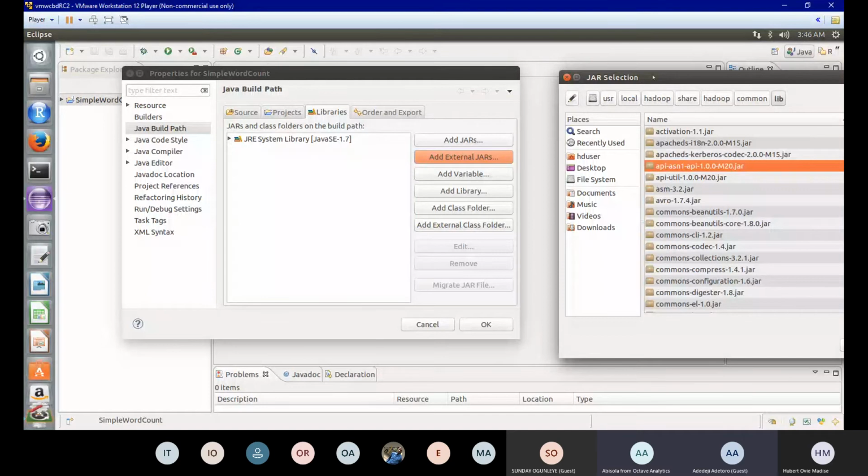Can you go back? Cancel that prompt. Go back, right click on simple word count again. Let's see if it will bring the same error. Then go to build path, then go to configure build path. Then after doing that, click on libraries first. Navigate to libraries tab. Have you navigated to libraries tab? Yes. Okay. Can you see exactly what is on the screen right now? Yes, ma'am, I can. So let's click on add external jars.